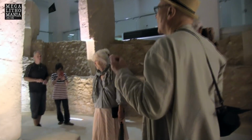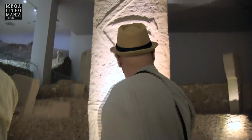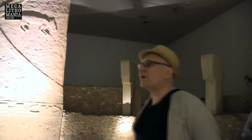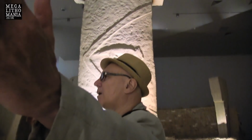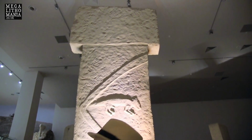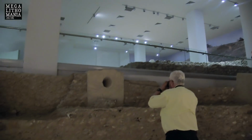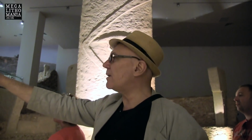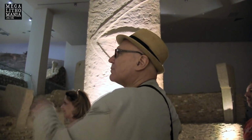This is obviously a reconstruction of enclosure D at Göbekli Tepe, and the whole way that this has been recreated is interesting because you come in from the south, well, the southeast as they've made it here, but you would approach from the south and you'd stand between these incredibly beautiful, large, 18.5 feet tall monoliths, and you'd have looked through that hole, which should be in the centre. It's wrongly placed. And if I get an opportunity to speak to somebody about this, I will, and ask them to actually put it in the correct position. But you'd have been able to look through that